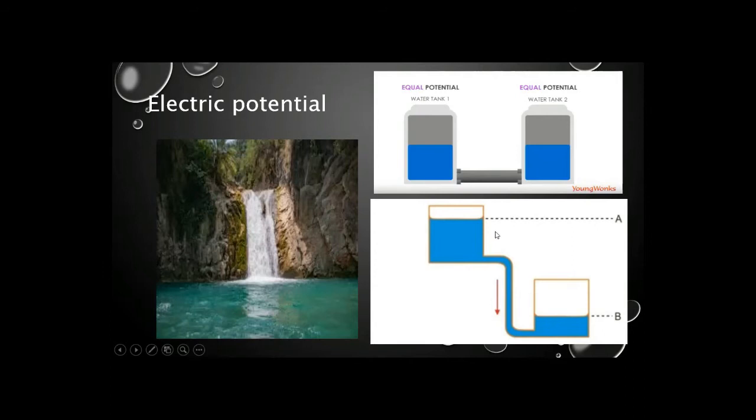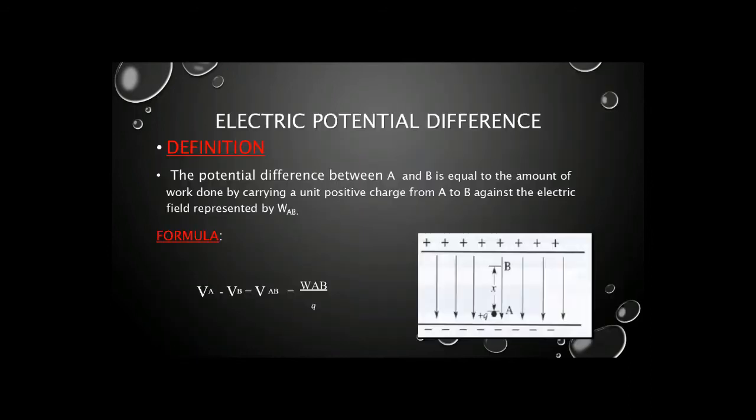Do remember that whenever we want something to flow, as you can see, water is already present in both tanks, but we have to make it flow from one tank toward the other. To do this, we must increase the potential level of one tank, so that the water will flow from one tank to the other. I hope you understand that. Take a screenshot of that slide and we will move toward the further explanation.